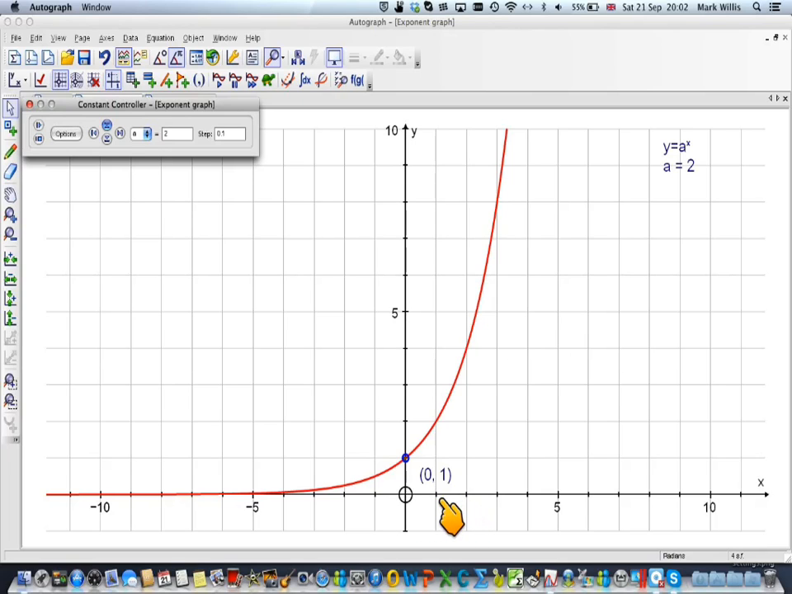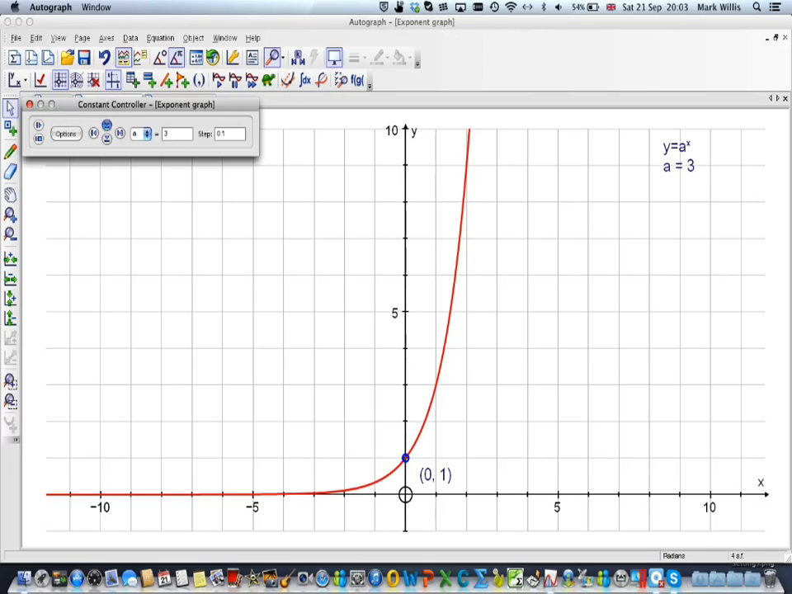When x is 1, y will be equal to 2. When x is 2, the value of y will double. From 2 it will become 4. When x is 3, it will double again and become 8. So this factor here, a is 2, is like the growth factor. So if I carry on increasing it,